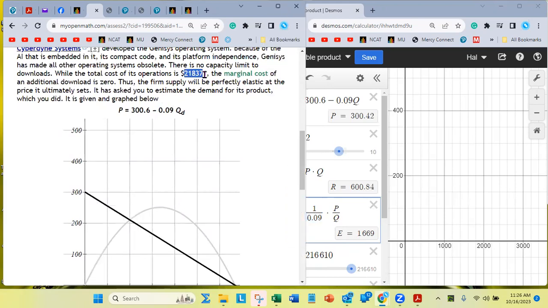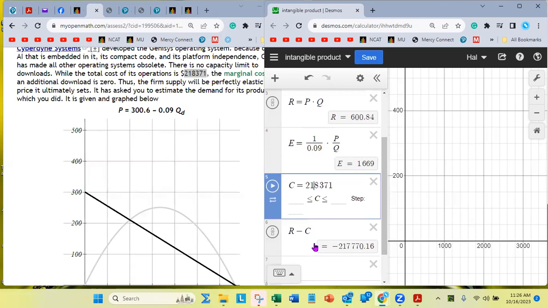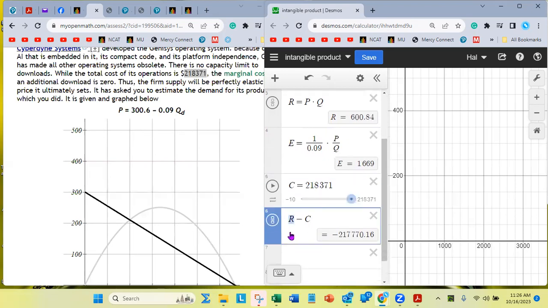I'm gonna copy the cost from my problem setup and paste it right here. Okay, so this is my cost. It's fixed, right? All the investment has been put into place into this production process. Everything's fixed. The production line's going, and all people are doing is downloading the software title, right? And this down here is my profit. My economic profit is my revenue minus my cost.